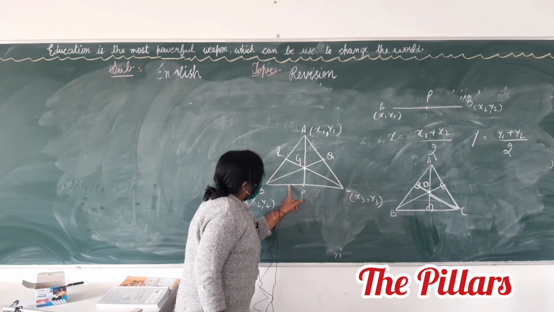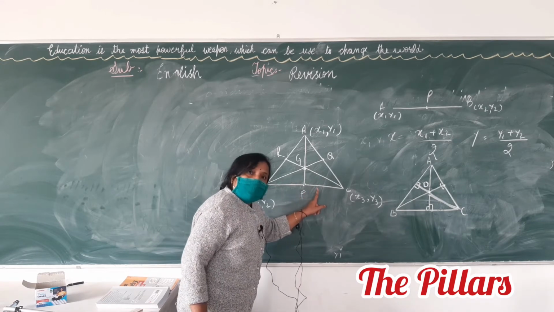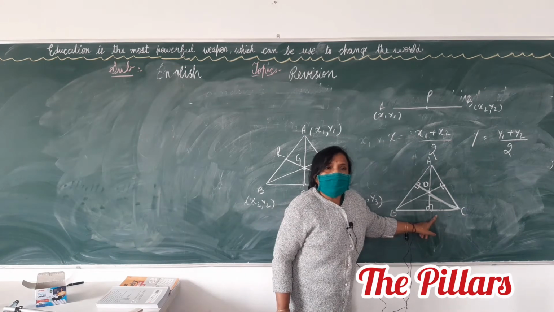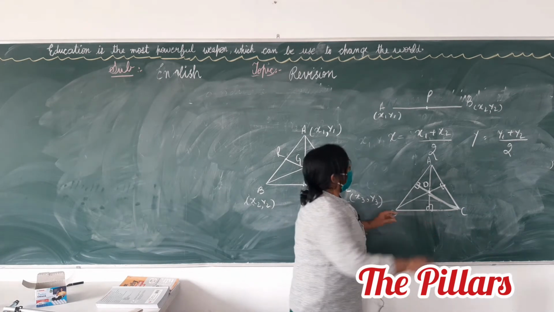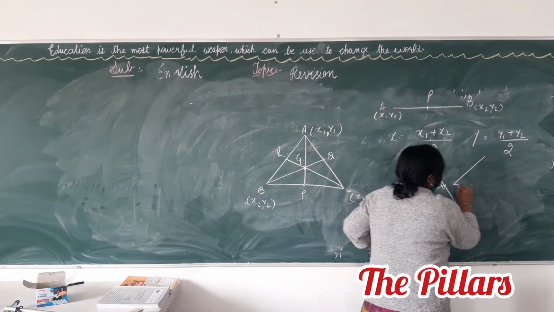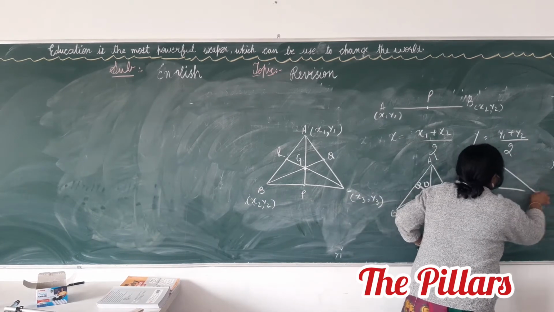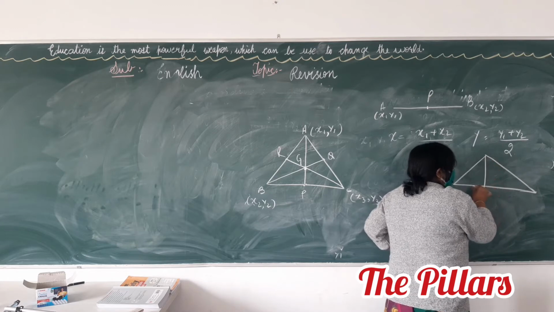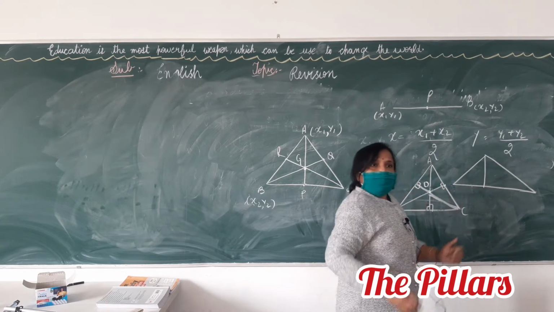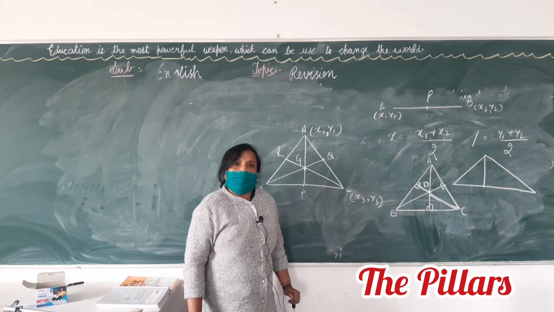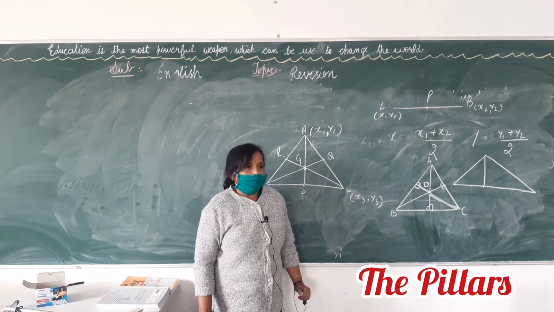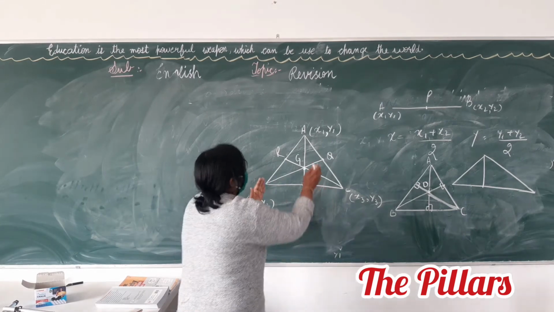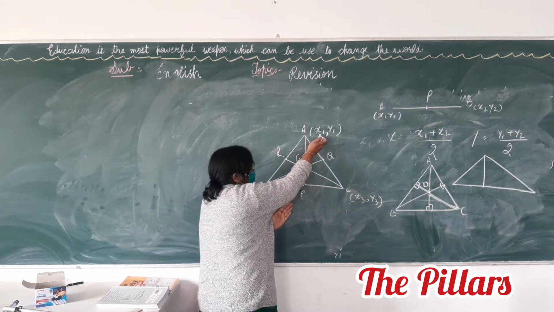This P will divide these two into same ratio. But altitude, it is not necessary. It is not the midpoint. Suppose you draw a triangle like this. So altitude means, is it dividing these into same? Clear? They are not same. Sit down.